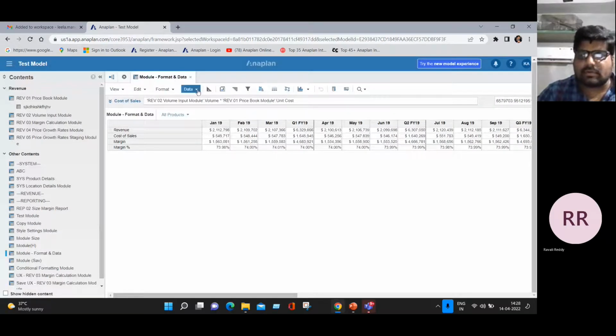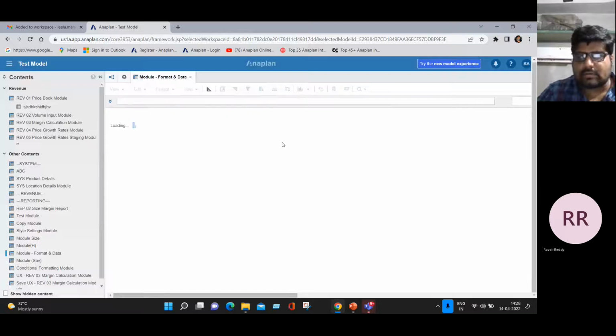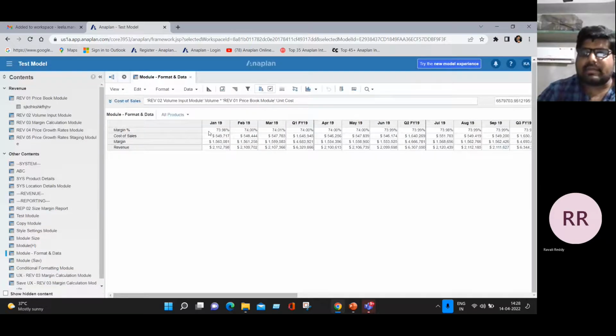And we can also apply the sort. Here, by clicking Sort Ascending, it shows values from lower level to higher level, setting up the line items from lower to higher values. And we also apply sorting to